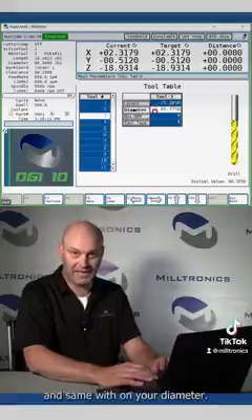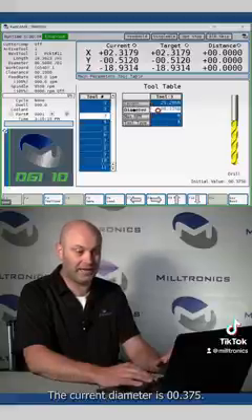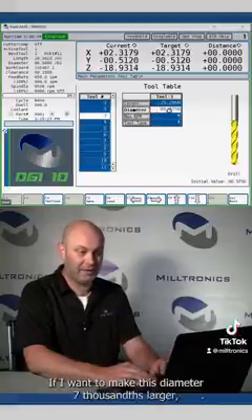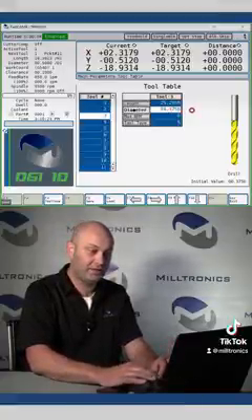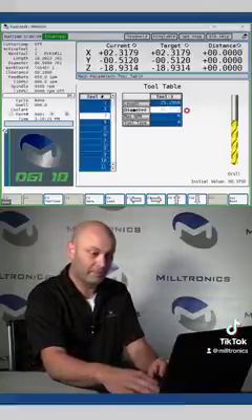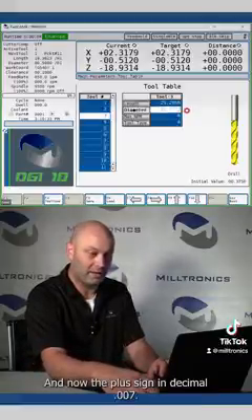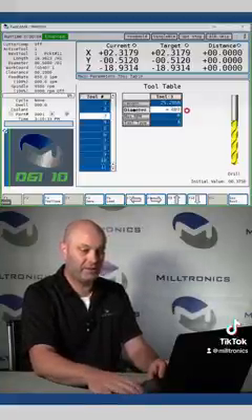And same with on your diameter. If you want to change your tool diameter, this current diameter is .375. If I want to make this diameter 7 thousandths larger, now that the diameter is highlighted, I'll hit decimal point, and now the plus sign and decimal point 0.007, and once I hit enter,